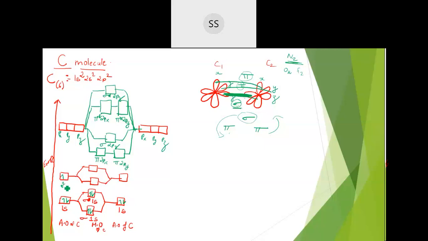Okay, this is 2s, and here we are having 2s. Will give rise to sigma 2s, and then above that sigma star 2s. Okay, 2 electrons in one 2s, and another one also will contain 2 electrons, altogether 4. So fill these 4 electrons in the molecular orbital. Okay, now next one is p. In that p, see how many electrons are there.